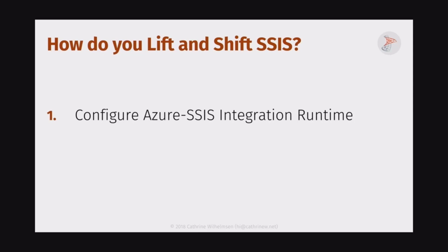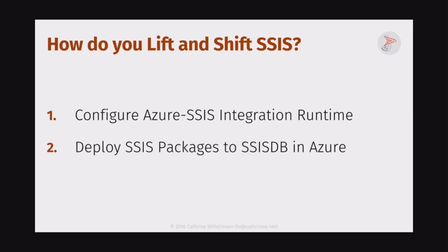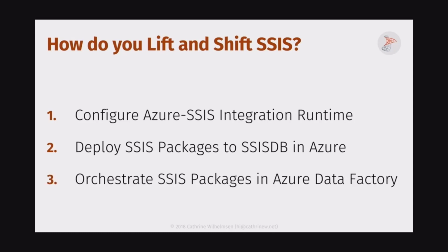Once you have that set up inside of your Azure Data Factory, you can take your existing SSIS project and just deploy it to that new SSIS DB database that's now located in Azure. So instead of having that on premises, you can do it in Azure. This does mean that you can only use the new project deployments. If you have the older package deployment, you do need to upgrade that first. And then finally, you need to orchestrate your SSIS packages in Azure Data Factory. So instead of using things like the SQL Server Agent to execute your data loads, you run it through Azure Data Factory. You get that same thing with the monitoring and so on.